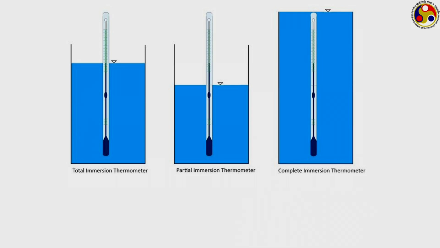We can have a total immersion thermometer, where the bulb and the entire liquid column should be immersed. Only the meniscus should be just slightly above the container or zone where we are measuring the temperature, but the entire bulb and the liquid column should be exposed to the temperature which we want to measure. This is probably the most common, or I should say the most advantageous kind of thermometer, the most accurate option